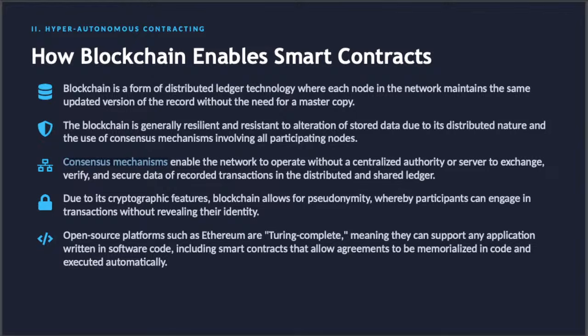We can now add this to the blockchain, and if enough agree, there's got to be terms within that particular blockchain system for a consensus mechanism. There's different kinds, but either way, they're basically done to ensure that all the nodes that are entered into the blockchain are indeed valid. Due to its cryptographic features, blockchain allows for pseudonymity, whereby participants can engage in transactions without